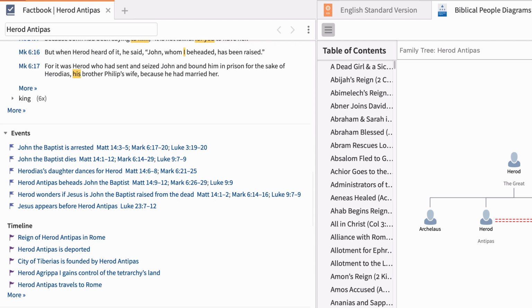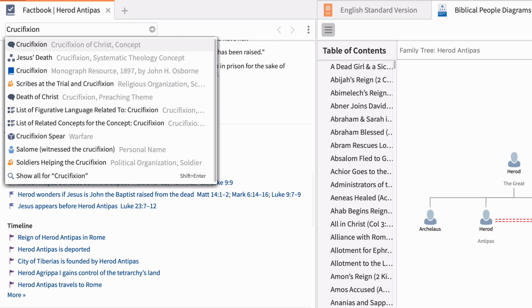If you're not completely sure what to look for, Logos can guide you in the right direction with smart search options. For instance, as you study the Passion Week, you can run a variety of Factbook searches to gain quick insight into cultural and historical details of this important week. Search for crucifixion, and notice how the drop-down shows general concepts, crucifixion events, and even people involved in the resurrection